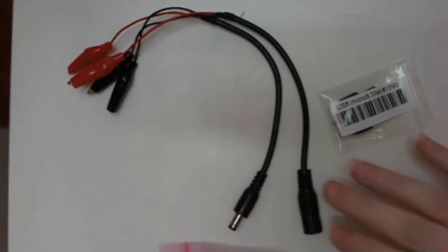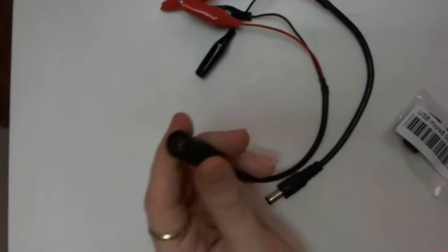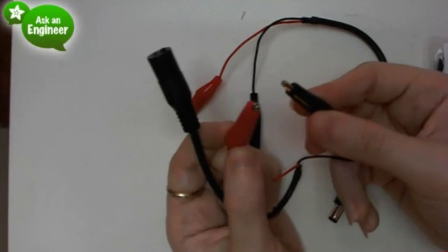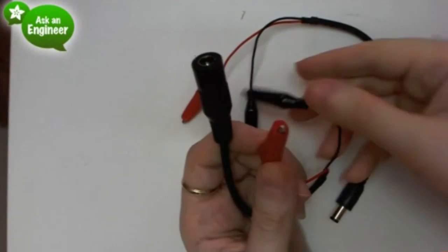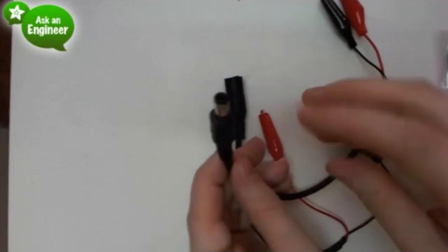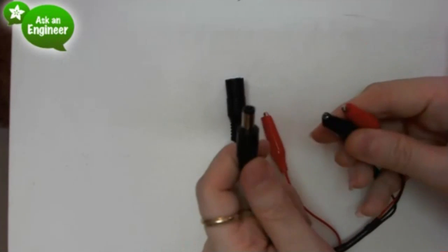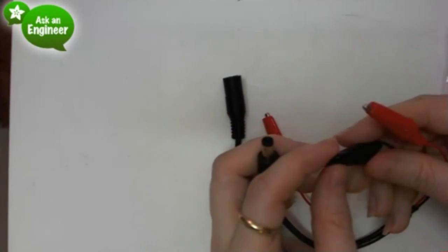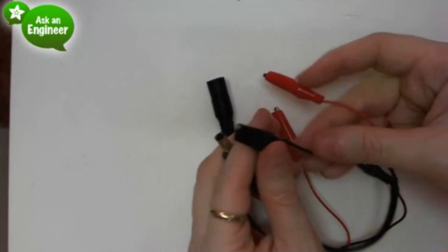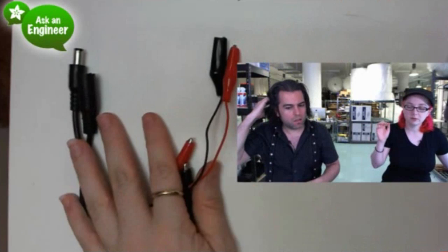Okay, good. Let's focus. So yeah, this one has a jack connector, so you can plug a power supply into it, and it will turn a wall adapter into like a benchtop power supply where you can then plug into it and attach to your circuit. And then the other side is the 2.1 millimeter barrel plug, also 2 alligator clips. And so this is really good if you have like an Arduino or a BeagleBone, you want to run off a battery pack. You can use this to connect some wires or battery pack or solar panel or whatever without having to do any more wiring. So it's just a very easy way